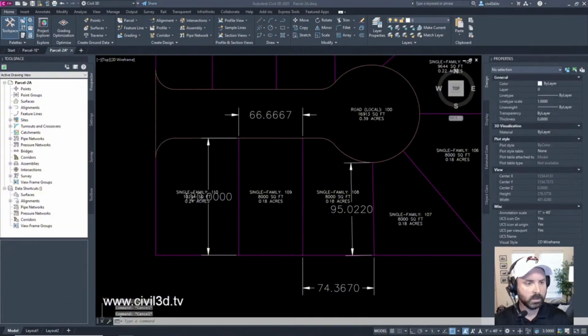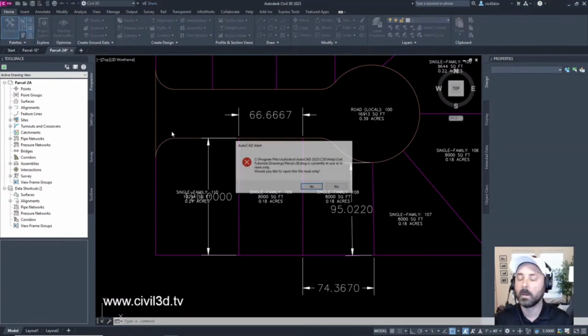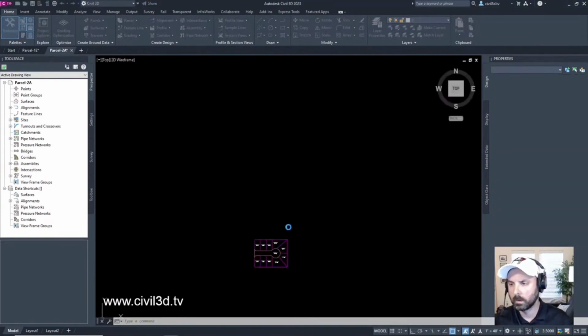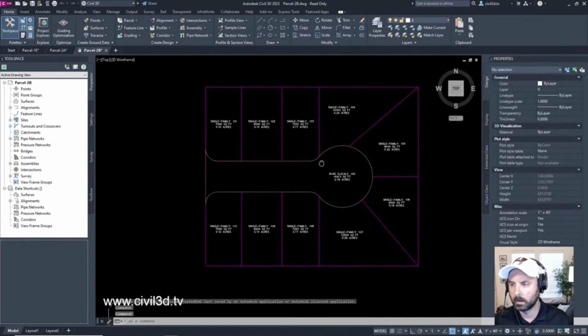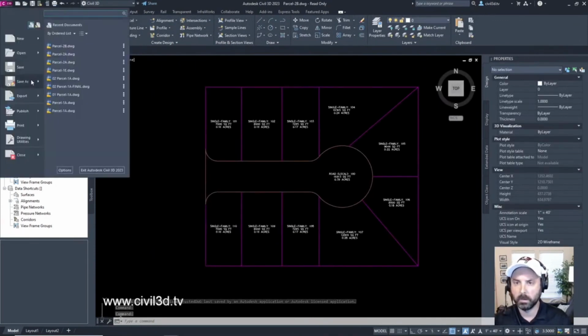All right, let's move on to the next. Swinging one end of a parcel lot line. Parcel 2B, that's what we need to open up. We'll do a save as.